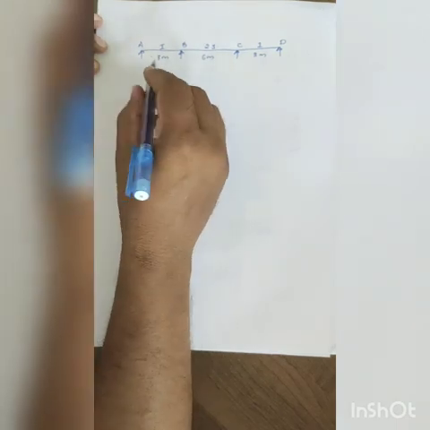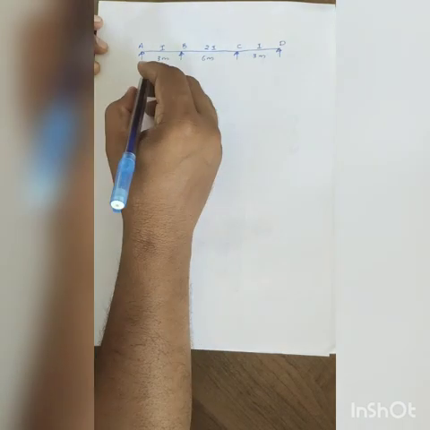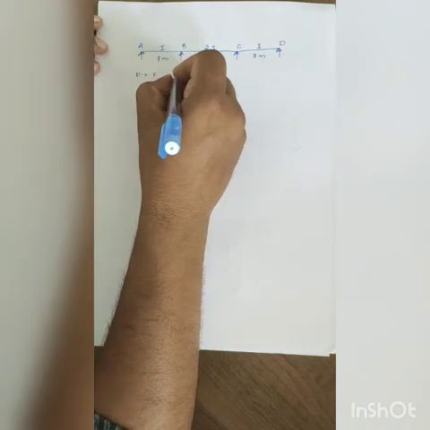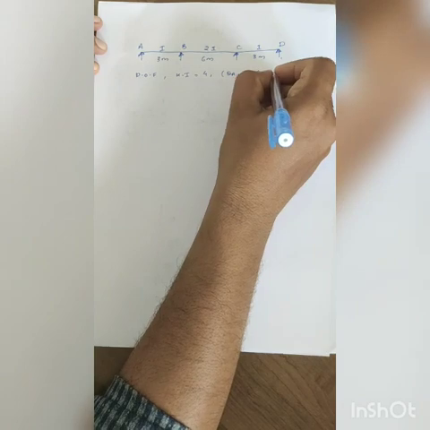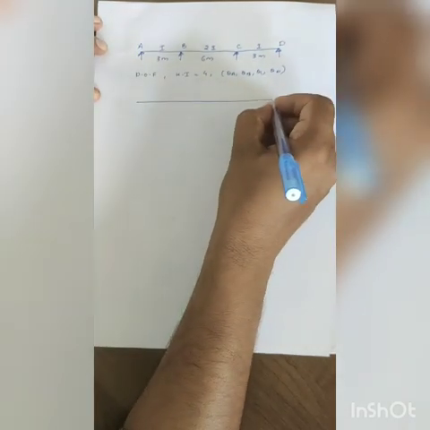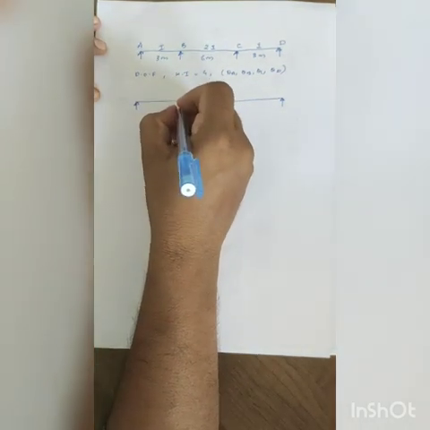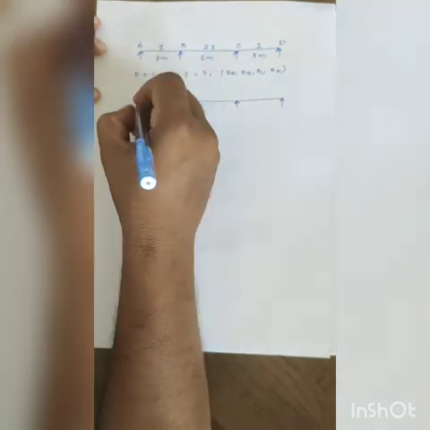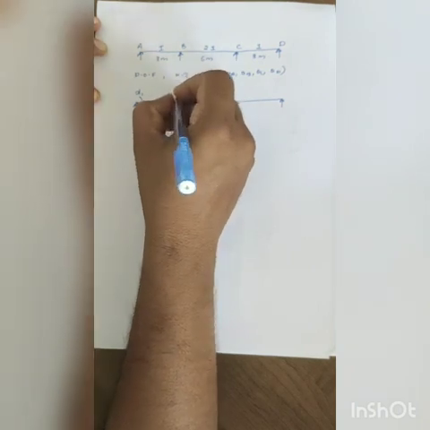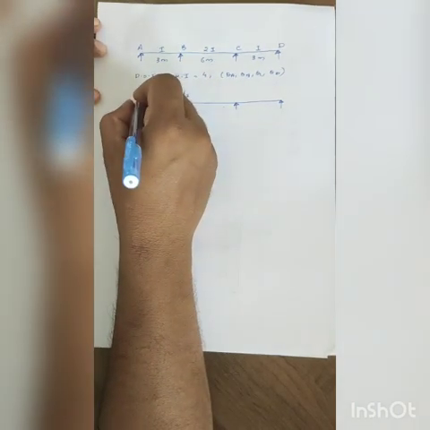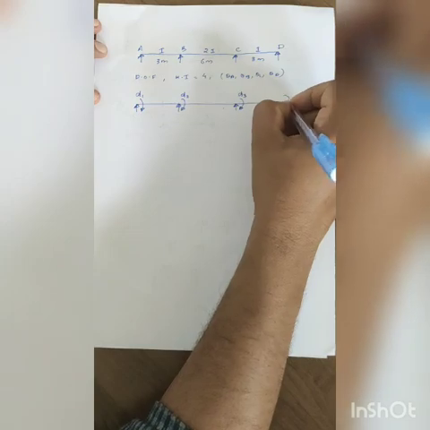As you all know, you can have rotation at A, rotation at B, rotation at C and rotation at D. So the degrees of freedom or the kinematic indeterminacy is 4, that is theta A, theta B, theta C, theta D. You can make the structure like this. Either you can name it as theta A, theta B, theta D, or you can write it as D1, displacement at 1, displacement at 2. I am calling it a general displacement. It is not a translation, it is actually a rotation. So I am naming it as d3 and d4.